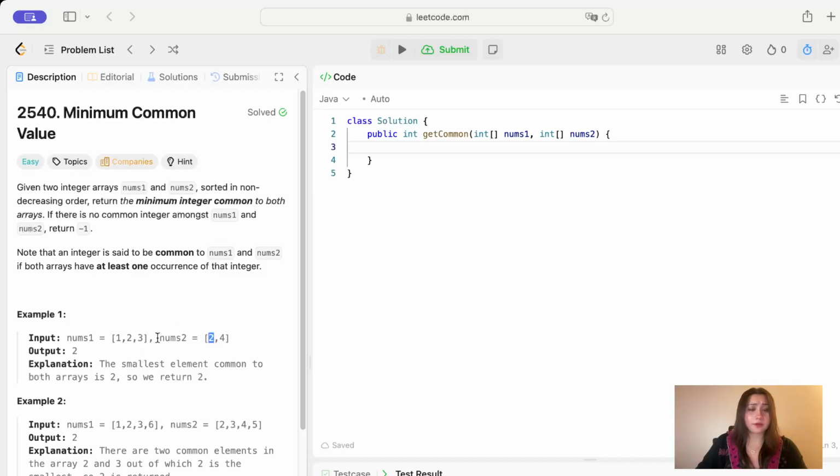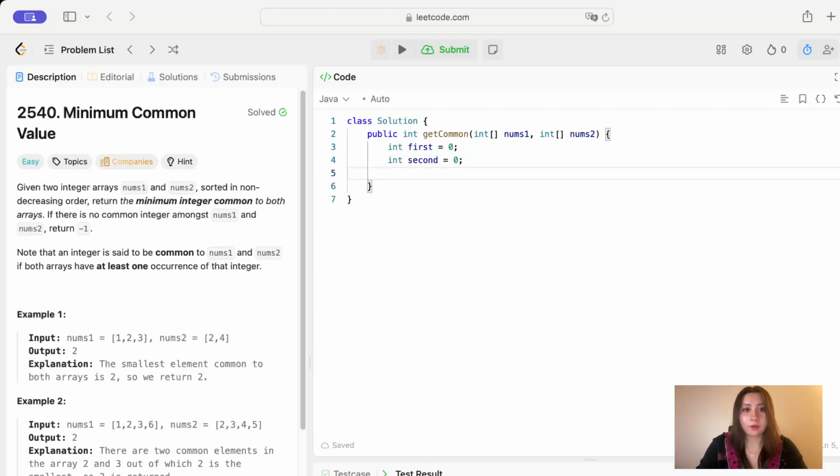So for this one, we'll want to do a two-pointer approach where we have one pointer iterating through nums1 and another pointer iterating through nums2, and then we just compare the values at each one along the way. So we can start by initializing our two pointers. So int first equals 0, int second equals 0,